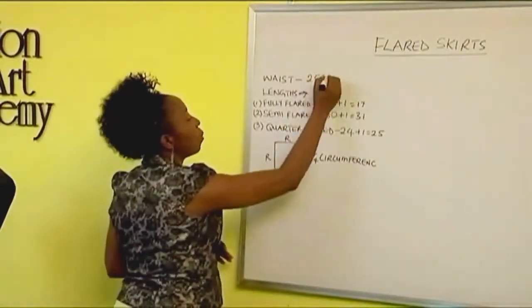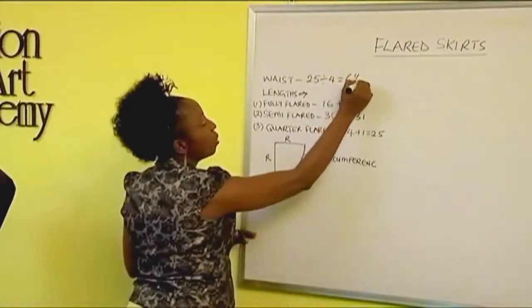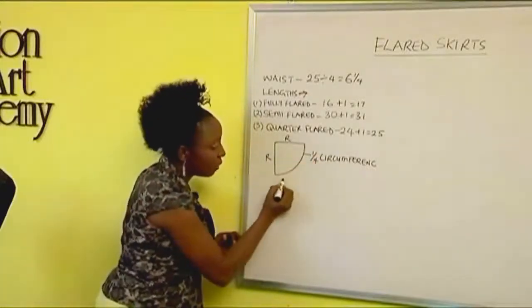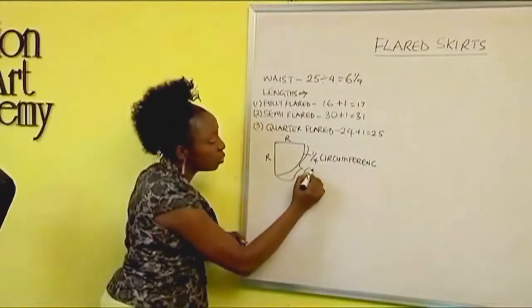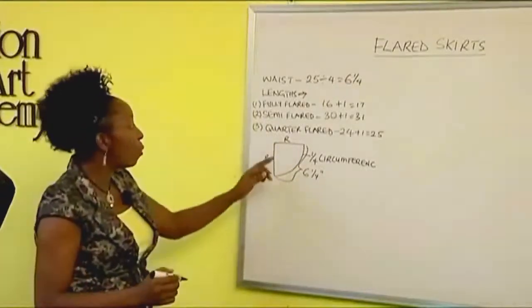Now if I divide my waist into 4, I'll get 6 1/4. That is what this place gives me. This arc I have here is already known. This is going to give me 6 1/4 inches. That is already known, but what I don't know